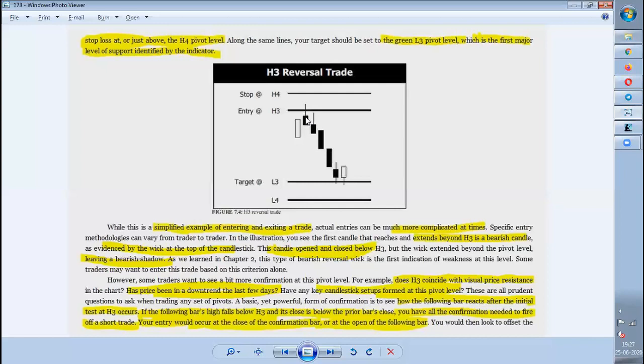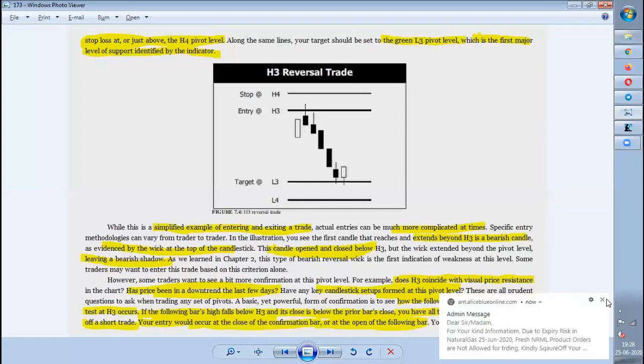As I have explained all these concepts before, whenever you are going for a reversal trade, you could see a doji or any reversal candle. I would always tell you guys to wait for a follow-up candle. The same thing he has explained over here. This is the reversal candle, and this candle's low or close is below the low or close of this candle. Then you can go for the trade. He has mentioned it clearly here.